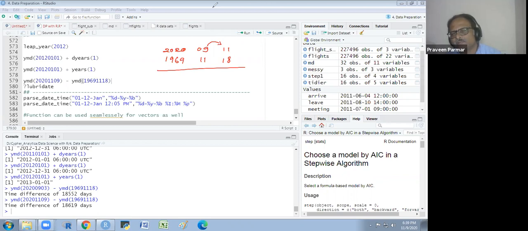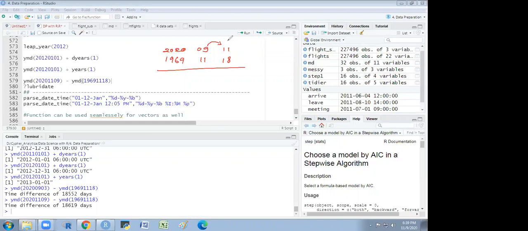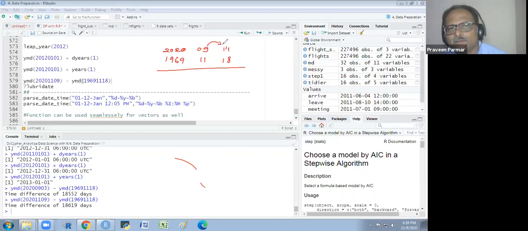September is a month of 30 days. January, February, March, April, May, June, July, August, September, 30 days. So 30 will be added here, and we'll get 41.